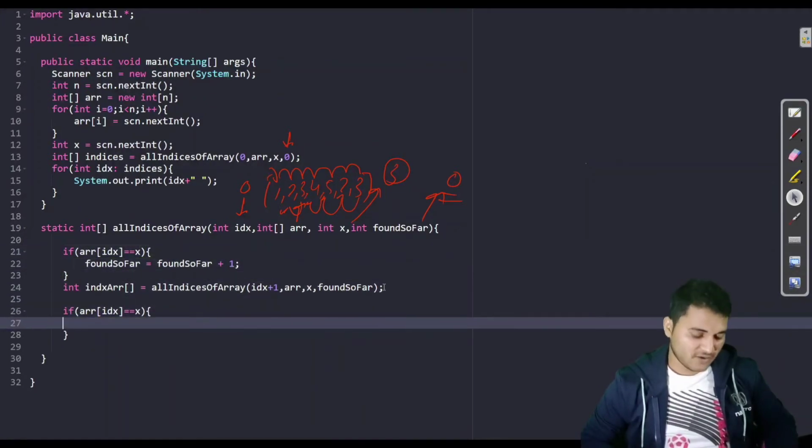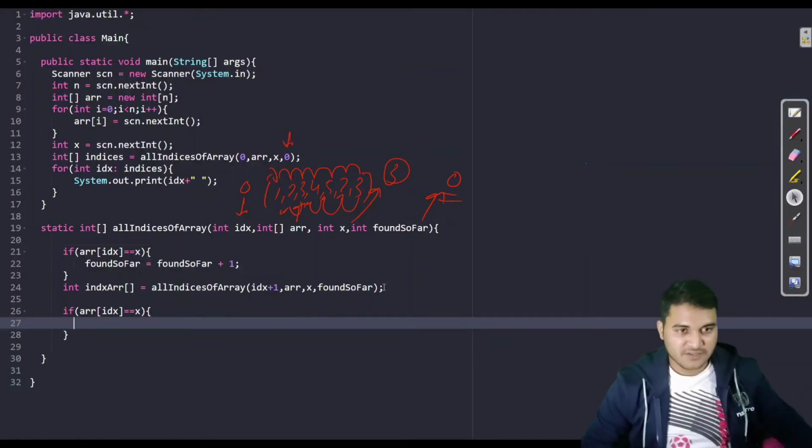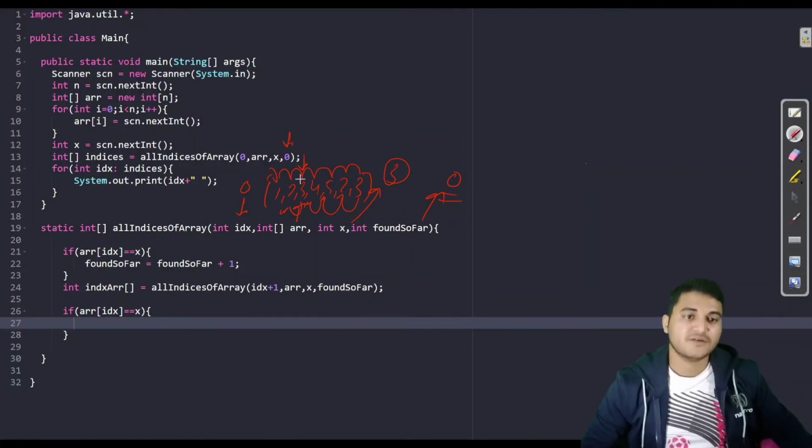So here I will not do the same thing. Instead what I will do, if you can see here, suppose I was standing here, fine, and I checked, yes, this element was equal to 3, then I simply increase my found so far counter from 0 to 1 and again made the call. When I will be coming from the deep to this particular array again, because every element has to be visited twice. In the recursion, every problem has to be visited twice.